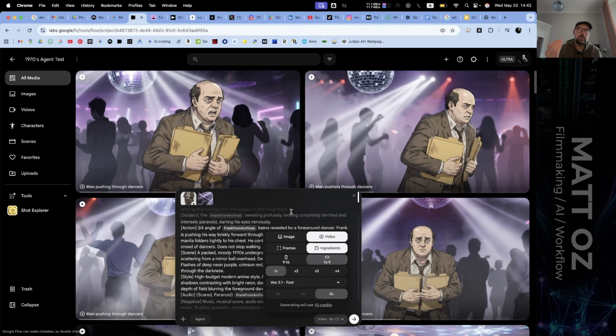And I don't think that there's that much of an image quality difference between quality and fast. In fact, I got better results from fast because it adhered better to the instruction than quality. Quality hallucinated all over the place. It had no concept of gravity. It was floaty. It was nuts.